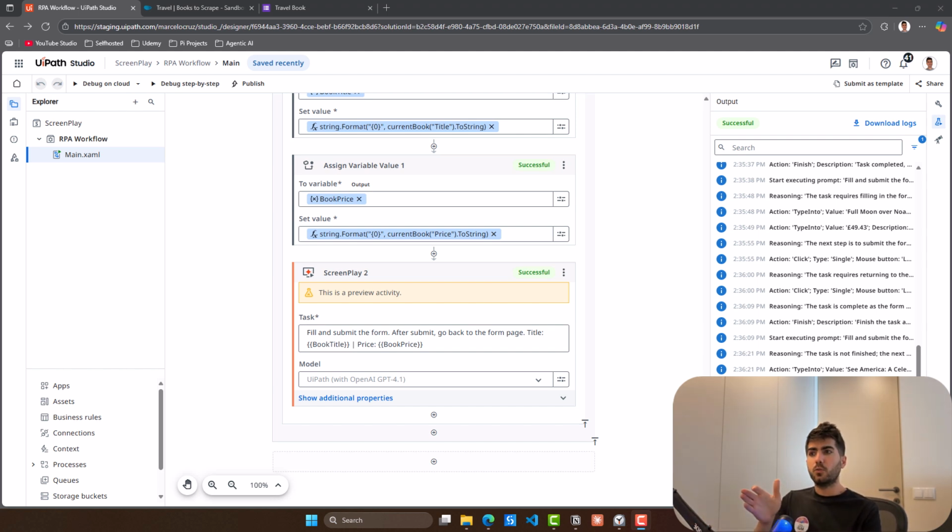And then also with its intelligent behavior, it can adapt to changes that might occur on the interface over time, things that on the traditional approach could be a problem and result in maintenance needs. Apart from that, I think there are also trade-offs. One of them is that it's way slower than the traditional approach. Another is the reliability. At least when this goes out from preview and goes to GA, I will just use